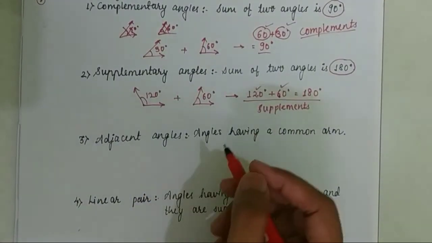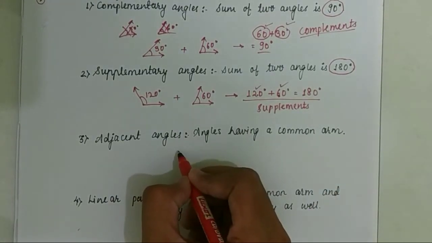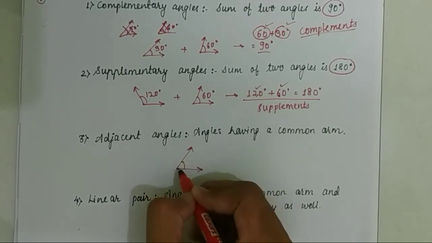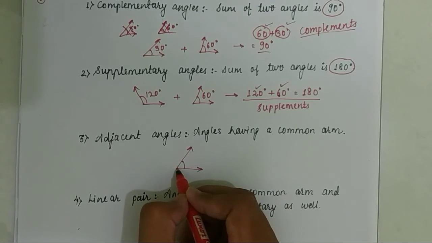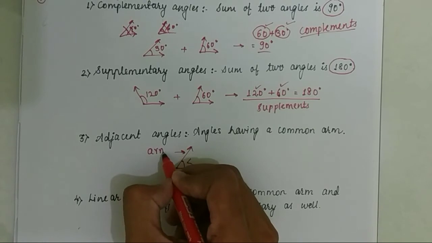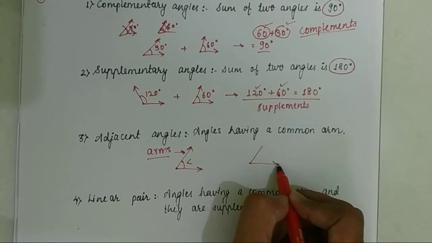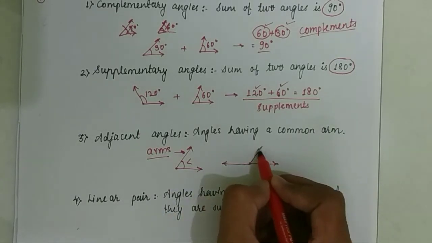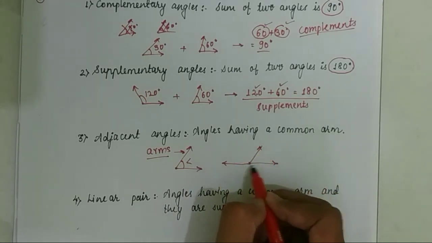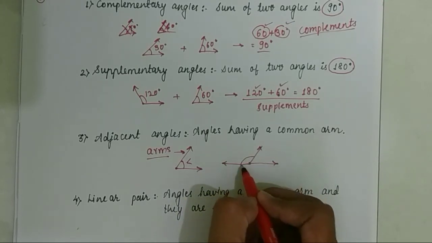is adjacent angles. Adjacent angles are the angles which are having a common arm. We all know that angles are made by two rays. Two rays meeting at a point make an angle. Therefore these two lines are arms, rays are also called arms. So two angles having a common arm means, if this angle is made by arms 1 and 2, and this angle is made by arms 1 and 2, but this arm is common to both the angles, then these two angles will be called